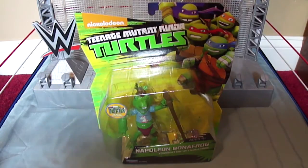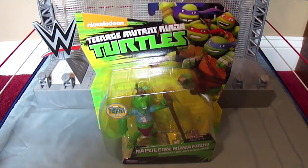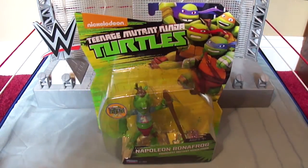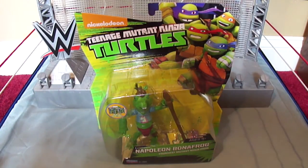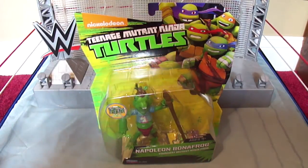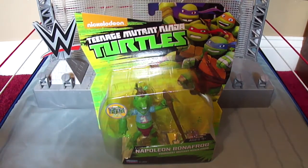Like the two Power Ranger figures I've reviewed, this is something I have not done in quite some time. For it's a Teenage Mutant Ninja Turtles figure review. And one of the newest figures that just came out, it's Napoleon Bonafrog. Youngest mutant ninja frog. Now, something very interesting about this figure, as we take a closer look at the packaging,